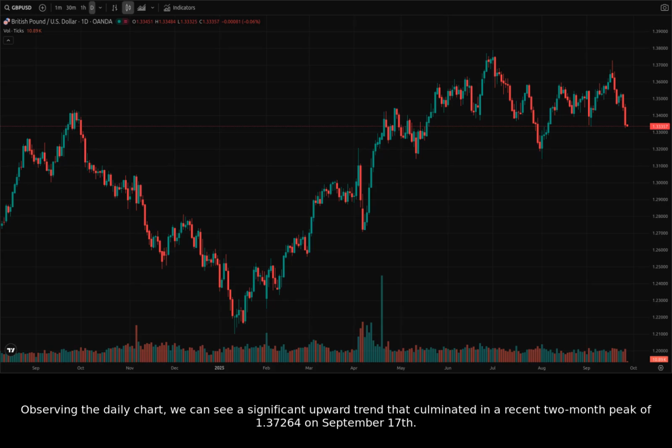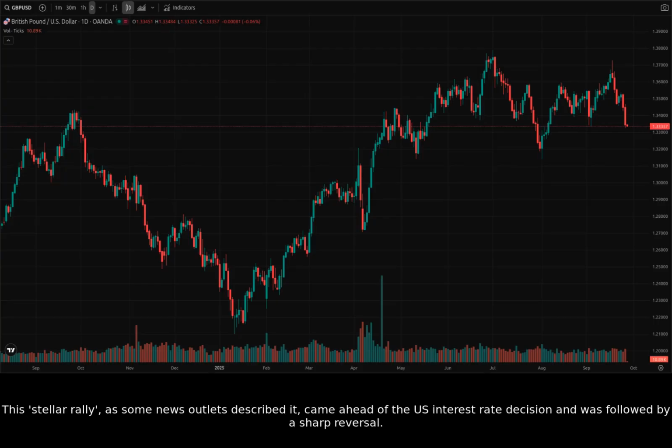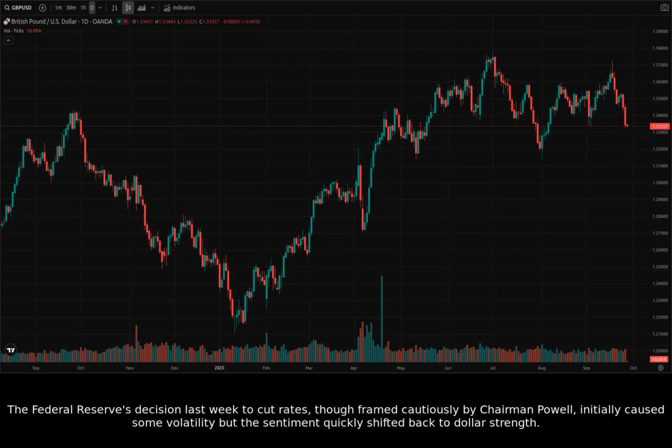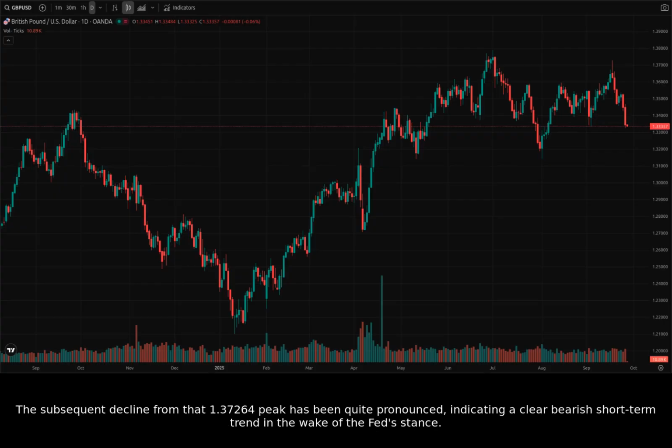Observing the daily chart, we can see a significant upward trend that culminated in a recent two-month peak of 1.37264 on September 17th. This stellar rally, as some news outlets described it, came ahead of the U.S. interest rate decision and was followed by a sharp reversal. The Federal Reserve's decision last week to cut rates, though framed cautiously by Chairman Powell, initially caused some volatility, but the sentiment quickly shifted back to dollar strength. The subsequent decline from that 1.37264 peak has been quite pronounced, indicating a clear bearish short-term trend